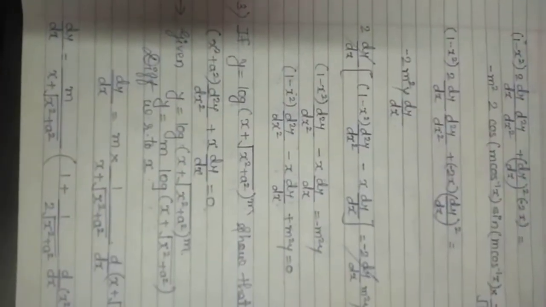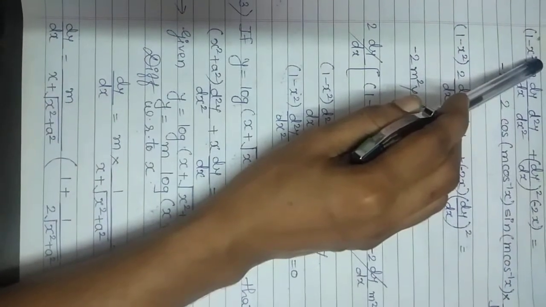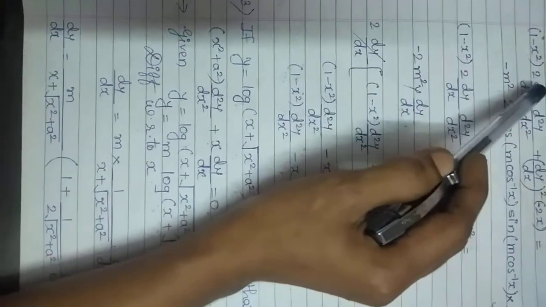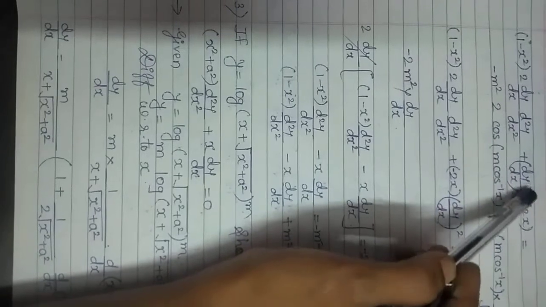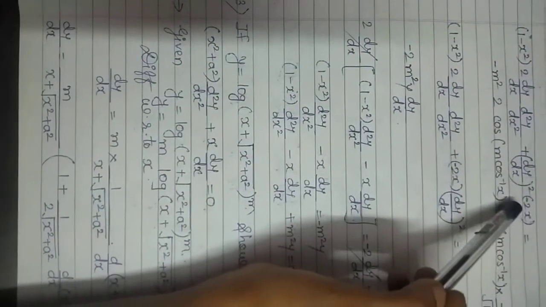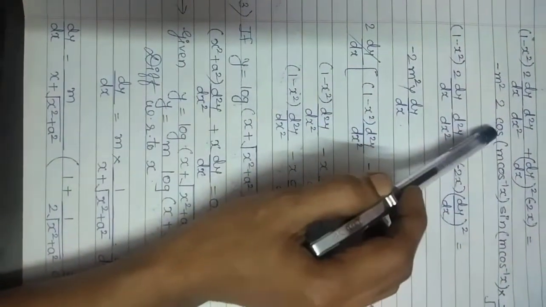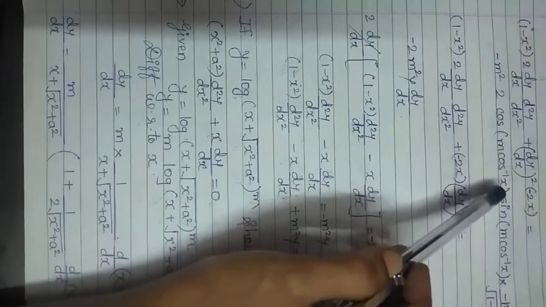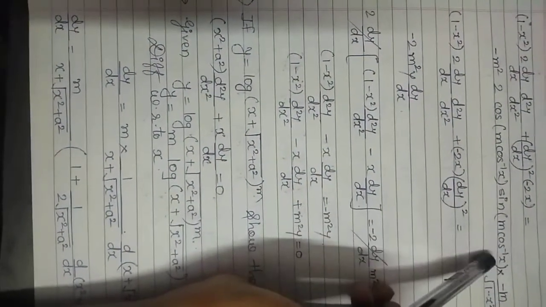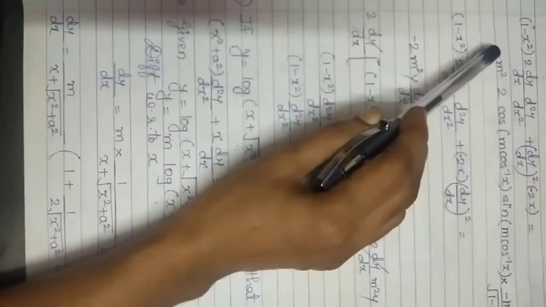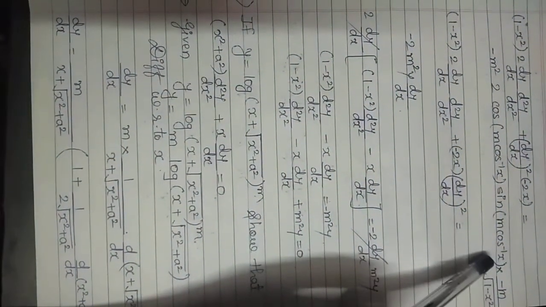Now finding the derivative of the required term, we will get 1 minus x square, derivative of (dy/dx)^2 will be 2 dy/dx into derivative of dy/dx, that is d square y by dx square, plus (dy/dx)^2 as it is, derivative of 1 minus x square is minus 2x, is equal to this m square into 2 cos of m into cos inverse of x as it is, and derivative of cos of m into cos inverse of x is sine of m into cos inverse of x, but that is in terms of minus, so that minus sign we will write here, into derivative of m into cos inverse of x.